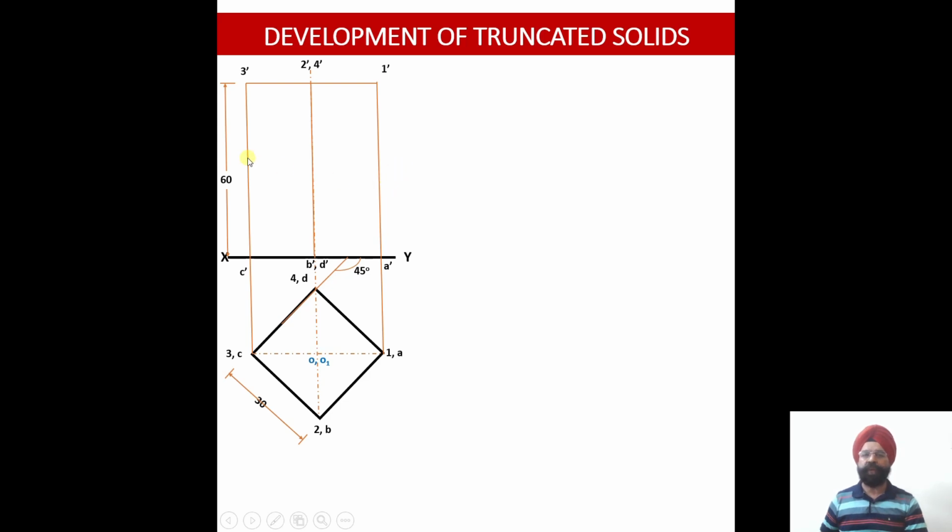So having drawn the front view of the uncut solid and the top view of the uncut solid, let us see how the solid is being cut by the different cutting planes. Now let us start with the cutting plane orientation. So please check, here we get a 30 millimeter distance. This will be the starting point of the first segment of our first cutting plane over here. So you start from this point and you reach this particular axis point over here. So this is the first portion of our first cutting plane.